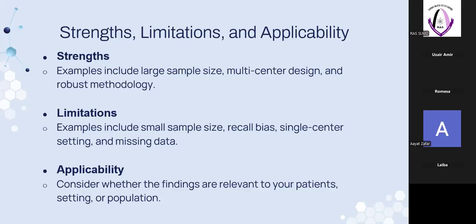And what are the weaknesses? Just turn it opposite. It had a small sample size. There were a lot of biases. It was not multi-center; it was pointed at a single center, a single point. And not only that, it has missing data. Its methodology was not correct. Perhaps it was a cross-sectional research, but they are mentioning it as a case study or case control. It is wrong. We need to understand the different types of methodologies and study designs, and we need to see that the specific published article is following the right thing.